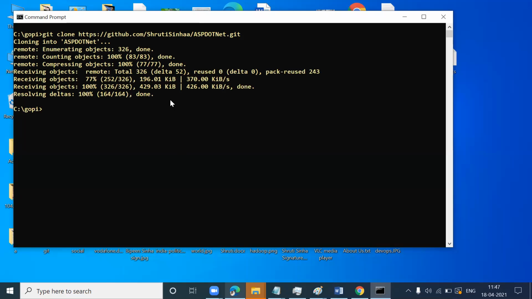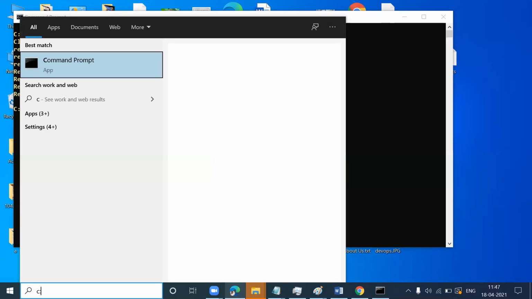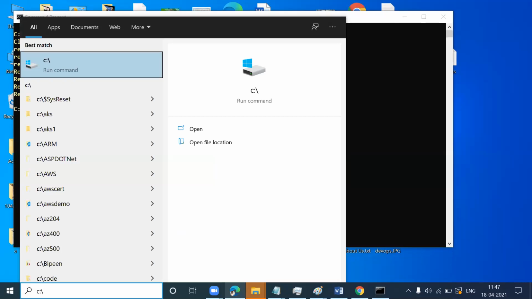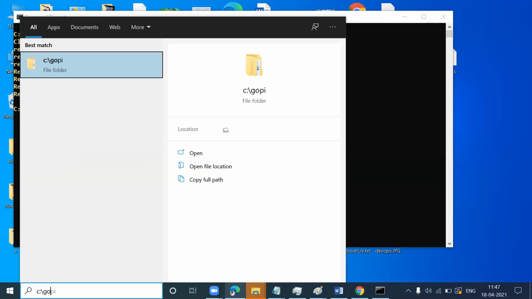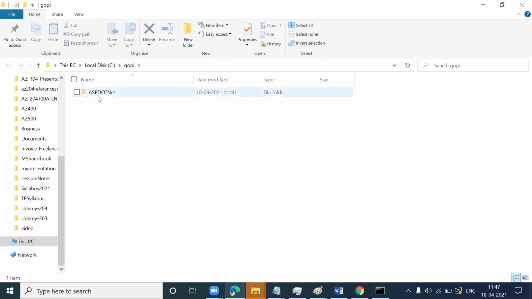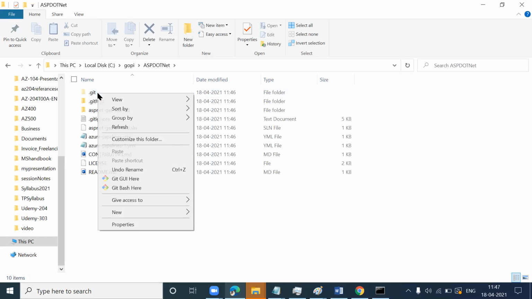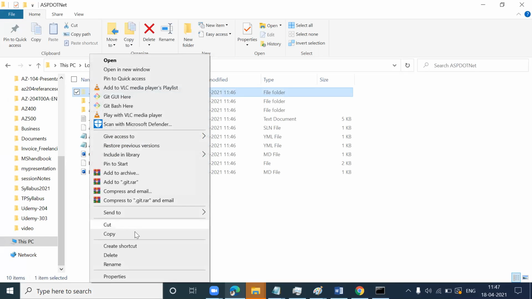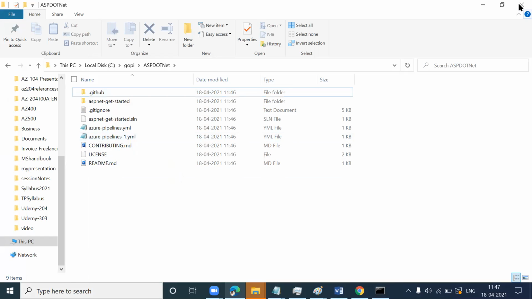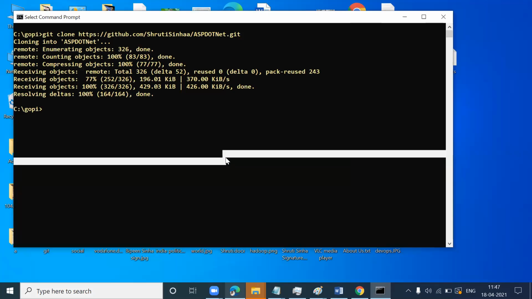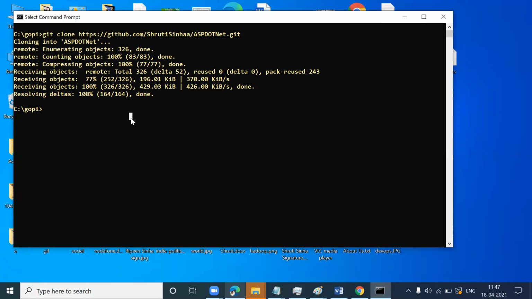All right, hold on for a moment. Gopi, this is where you have downloaded. I am just deleting this folder because we are going to do everything from fresh. Now Gopi, just say dir.